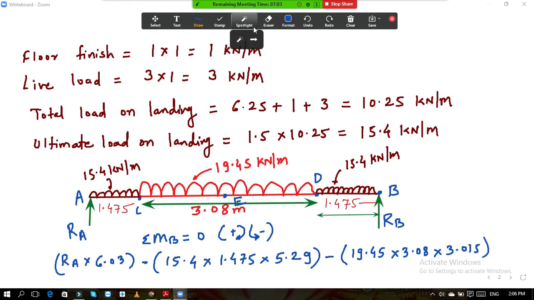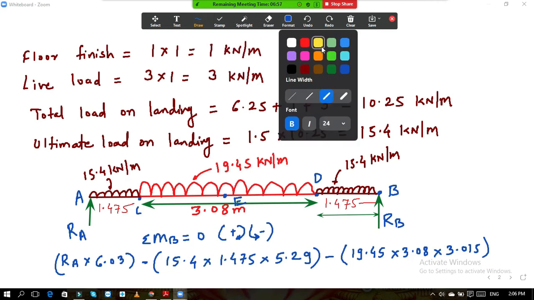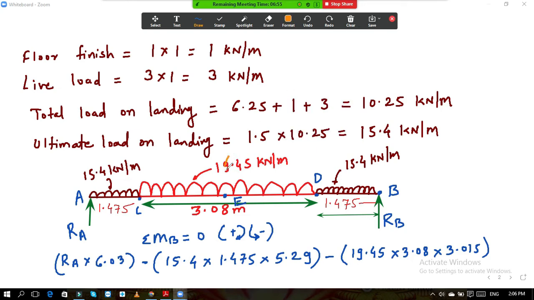Okay, so we will take the section now. I will choose some different color here. So we will take the section from this point. This is our section line. Either we can consider right hand side or left hand side. So we will go for left hand side, and this left hand side diagram I will draw over here. There is no need to draw the diagram if you understood it, but still for your understanding I will draw the diagram. In the examination there is no need to draw the diagram, you can directly calculate the bending moment.